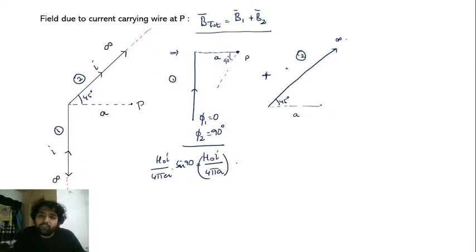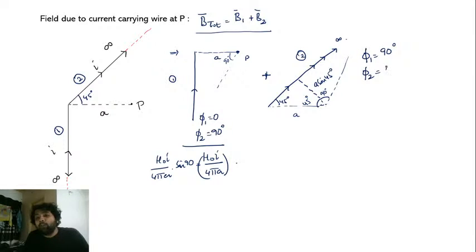But due to wire 2, if you observe, you have to drop a perpendicular distance. So if this length is a, how much will this be? This will be a sine 45 degrees. And the current is flowing across this entire thing. तो इस साइड इंफिनिटी हो जाएगा, तो ये एंगल 90 डिग्रीज बन जाएगा, पर ये एंगल बाय सीइंग द डायग्राम यू कैन से दिस एंगल इज 45. तो इसमें क्या आएगा, phi 1 will be equal to 90 degrees and phi 2 will be equal to 45, because एक ऊपर है एक नीचे है, one is above one is below. So we are getting phi 1 is 90 and phi 2 is 45.